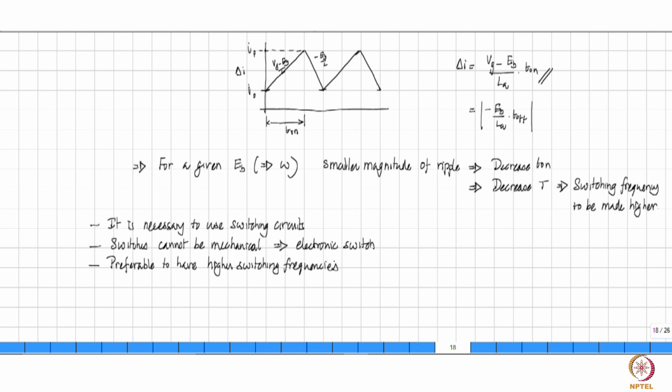So one has to make that assessment to decide what kind of switching frequencies are admissible. In the systems that are implemented today, what you will find is frequencies in the range of 10,000 hertz to about up to 20,000 hertz are widely used.